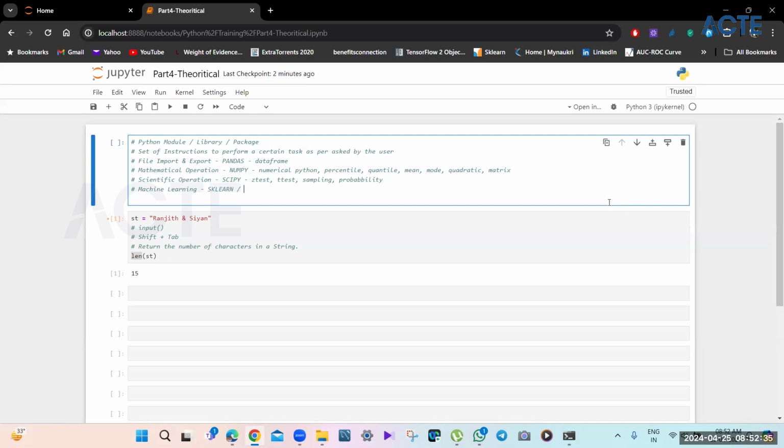Sklearn or Scikit-learn. Both are the same thing. We will be majorly using Scikit-learn, but for installing, we have to install it in the name of Scikit-learn. That's how we'll install it. But what this does is take care of all machine learning things, like all ML algorithms,